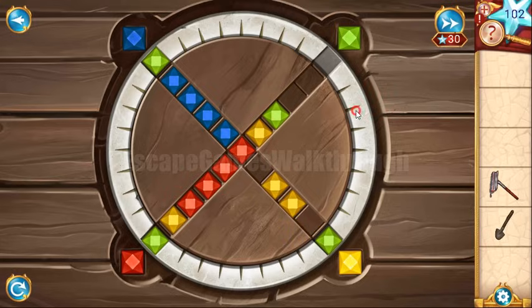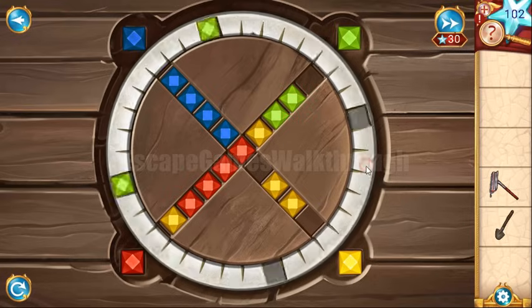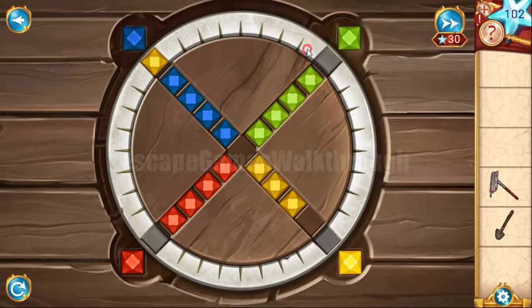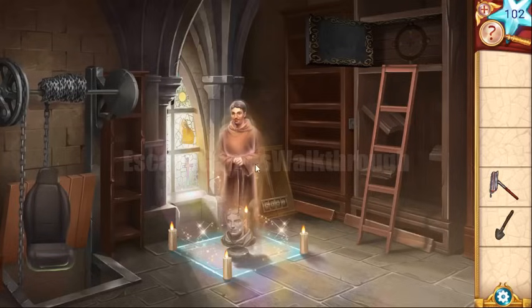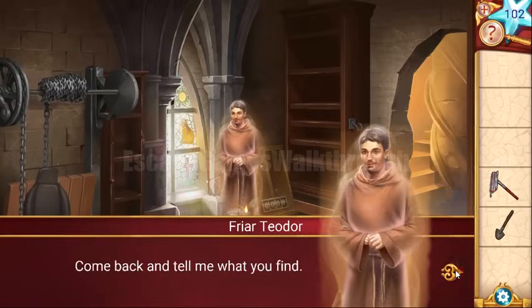and let's now rotate the disc. Move the yellow one. Now all the reds are also in their positions, and now it's only left to move all the green and the last yellow. So it's done. The dresser moved, and now we can go to the roof